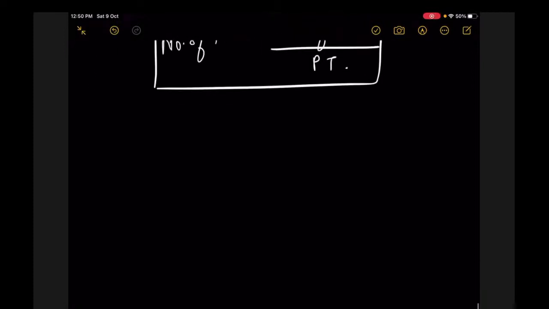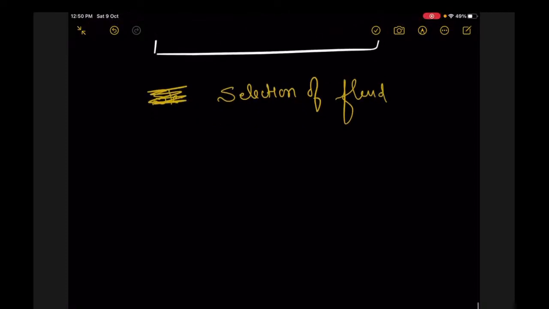Now we will see the selection of a fluid. फ्लूइड को कैसे सिलेक्ट करें? ओके, सो फ्लूइड को सिलेक्ट करने से पहले सबसे इम्पोर्टेंट जो बात है वो है कि महंगा कौन है, शेल महंगा है कि ट्यूब महंगा है। सो ये कॉन्सेप्ट याद रखोगे सो यू कैन इजीली गिव द आंसर। ओके, सो कौन महंगा रहेगा, डायग्राम से थोड़ा सा गेस भी कर सकते हो तुम।